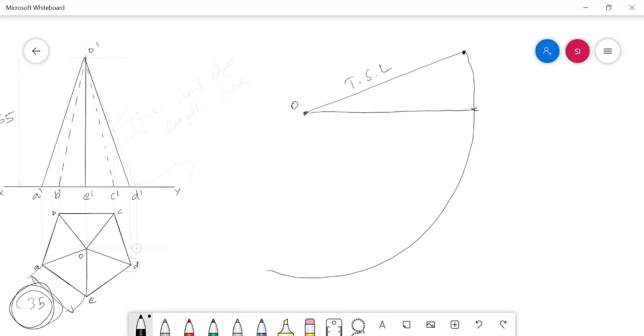This is nothing but the side surface of our pentagonal pyramid. It's one side surface. Totally our pentagonal pyramid has 5 side surfaces, so we need to cut 4 more arcs. Number 2, number 3, number 4, number 5. In this way I have to connect all these things.